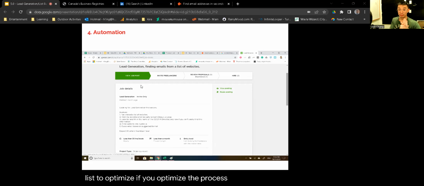If you optimize the process of list building and get a big list of unqualified leads, then you're just wasting a lot of time and effort, right? So do some tests first, and then you can start to automate. Generally, what I will do is once I've figured out at least some repeatability around building the list and the outreach and getting some results, then I go to a freelancer. And even with a freelancer, you also want to test and experiment, because there are different vendors and different freelancers that perform better versus worse, right? So you can do it in batches.